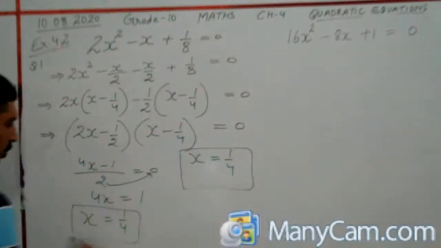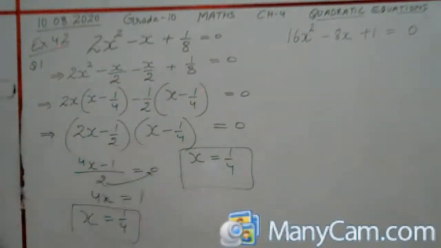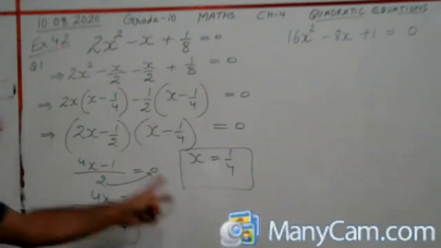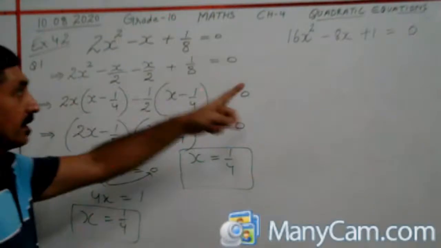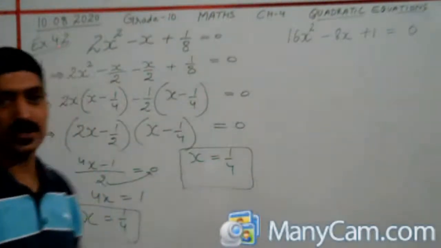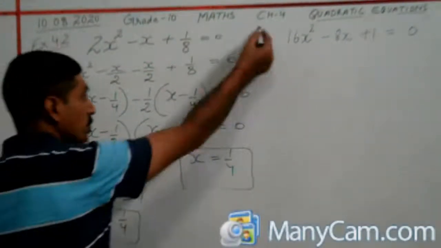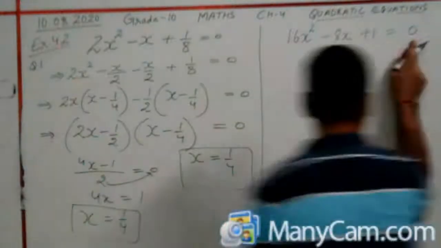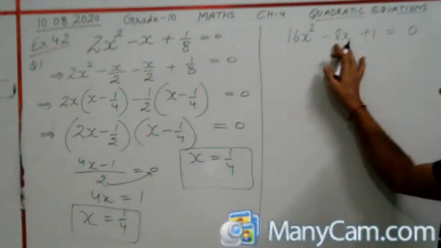So the two roots of this quadratic equation are 1 by 4 and 1 by 4, right? Now when two roots are equal, we can check that b square minus 4ac is 0. If you want to solve in this way, then